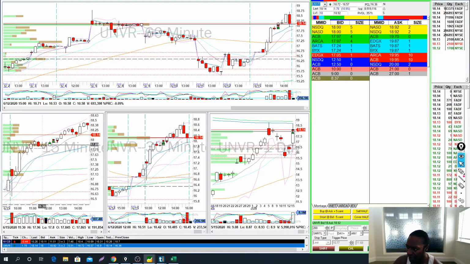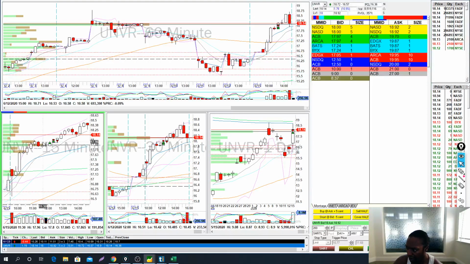UNVR I saw setting up here in this 11:30 candle at this 1796 level. It put in a level here at 11:30, again here at 11:45, and it actually broke through here at this 12 p.m. candle. I was able to get an entry here,